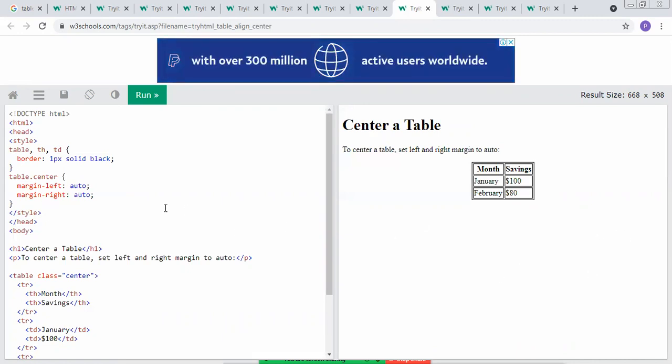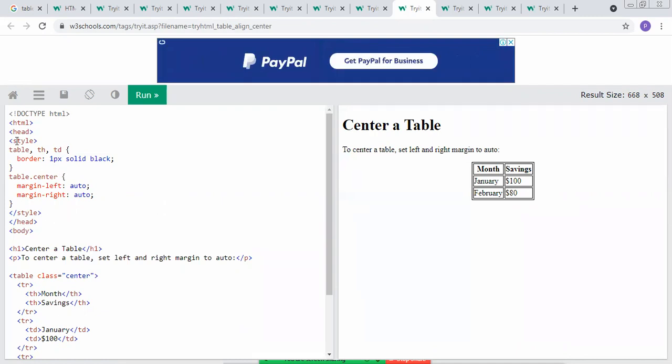So here is the example. With the help of this, we give the center alignment. First, we have to create the particular style. With the help of this, we consider the particular table border.